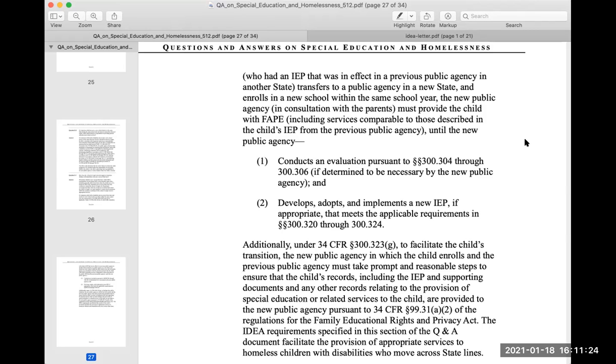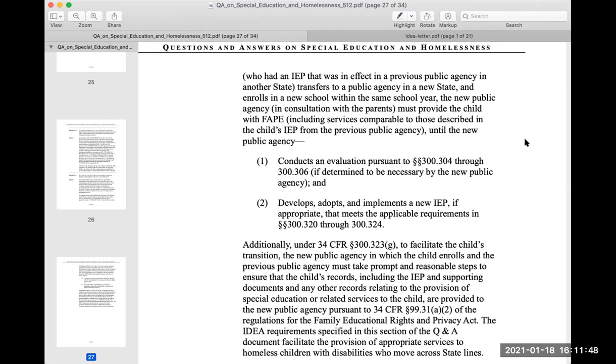If a homeless child with a disability moves across state lines and enrolls in a new school in the new state within the same school year, the requirements of 34 CFR paragraph 300.323(f) and (g) are applicable. Under 34 CFR paragraph 300.323(f), if a child with a disability